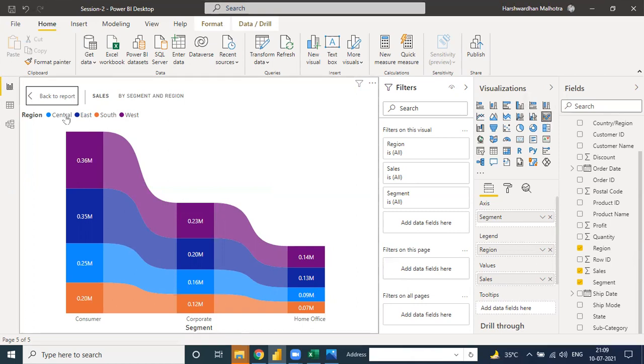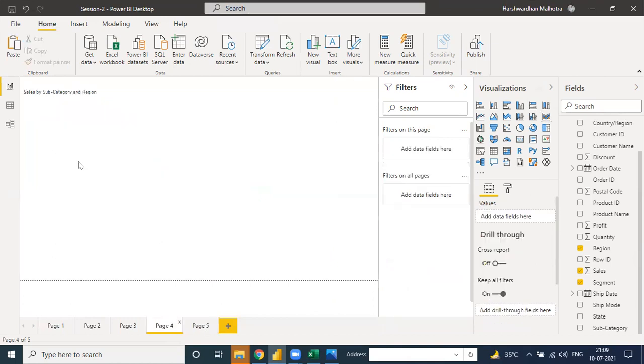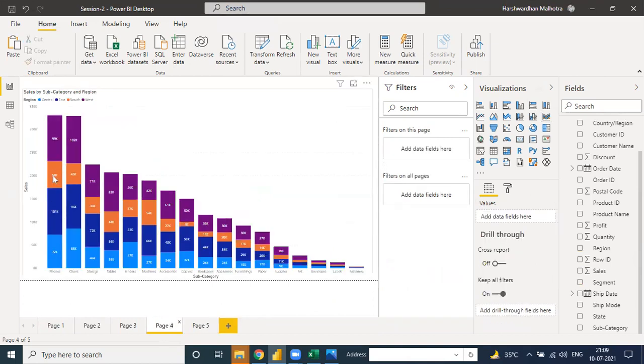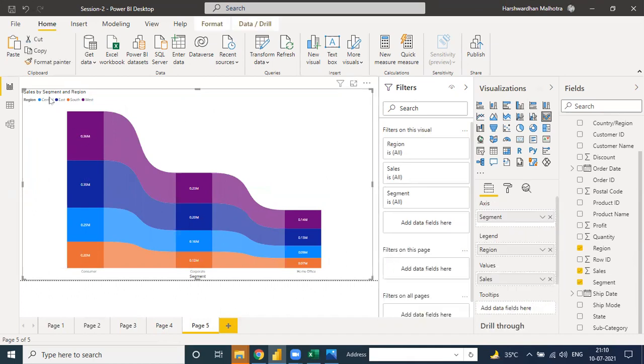Okay, because in the stacked column chart, the data is in alphabetical order. But on page 5, the chart name is ribbon chart, and with this you can rank your data with a segment, sales by segment and region.